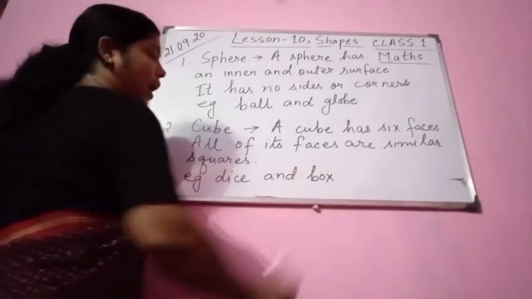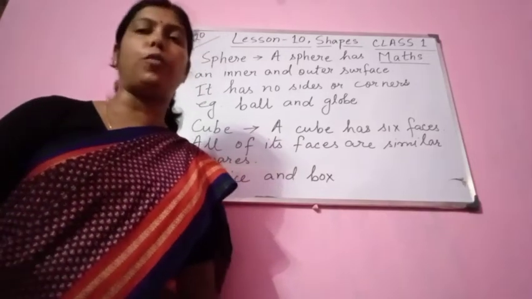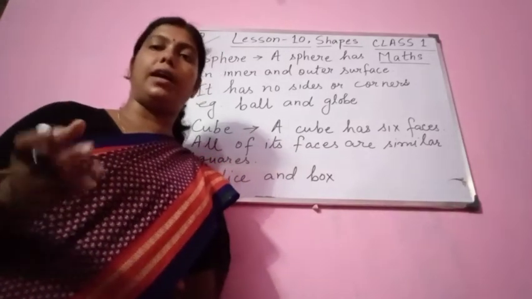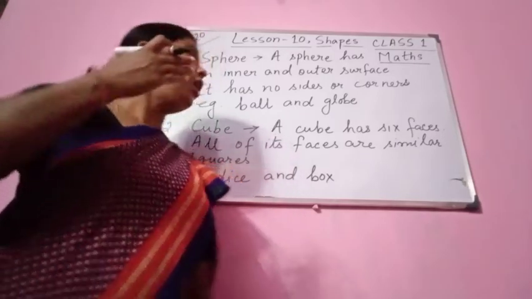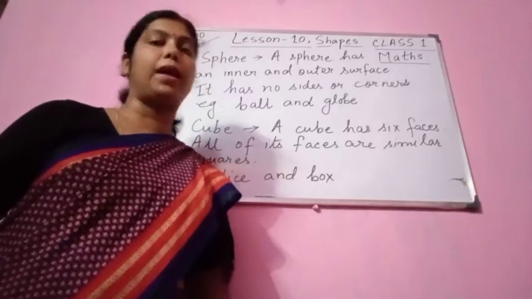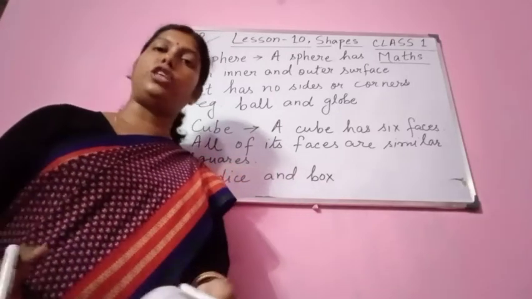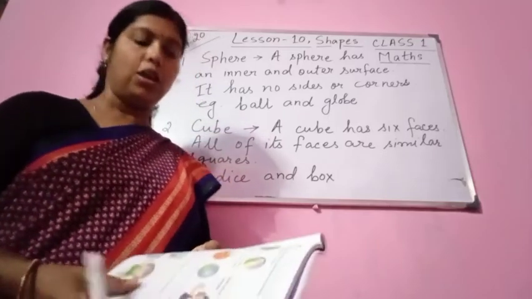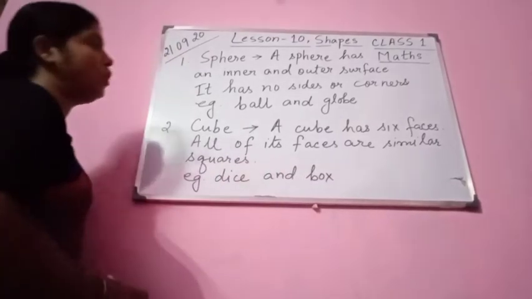Now you see here, a box can be a cube also. It can be a cuboid also. You can write in example of box, in example of cube also you can write down box. Example of cuboid also you can write down box. The shape can be different. It is not necessary that the shape will be same. The shape may be different. Okay.